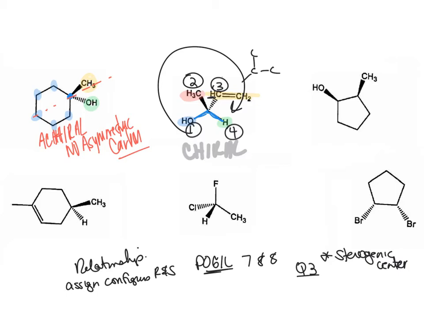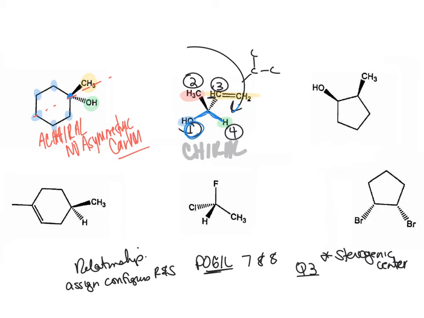I'm going to make my blue my 1 priority. I'm going to make my green, and then I'm going to make my red my 2 priority. So now I'm going to put that in back. And when I put my hydrogen in back, first I'm going to make sure I have it drawn correctly. Okay, yeah. So now I see that I have my OH here, and then it goes to the 3, and then it goes,